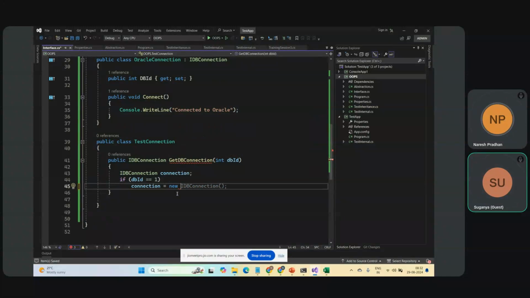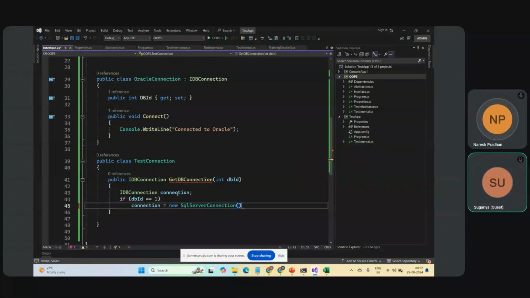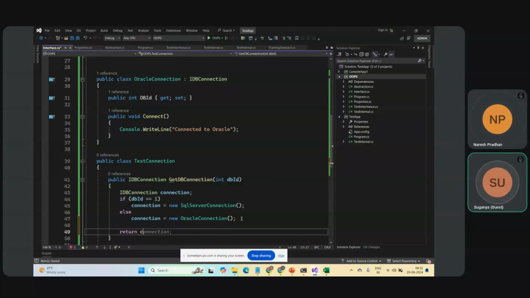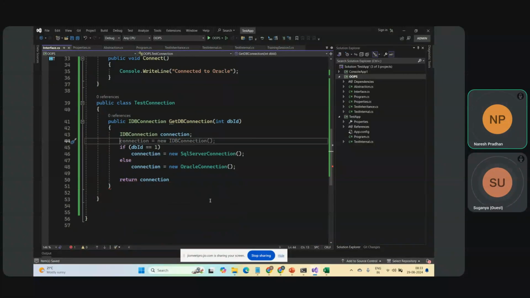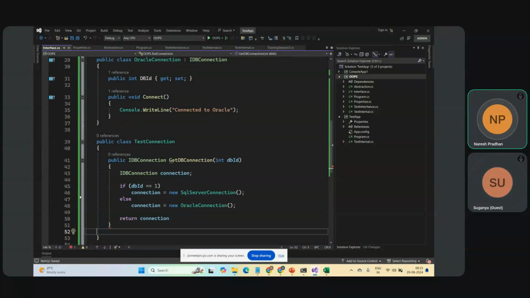new SQL server connection, else Oracle connection. Okay, and then I'll return it. Clear? Okay. Yeah. So this is how the interface works. Since I have two classes both extending it, and somebody will call this test connection class's DB connection method,